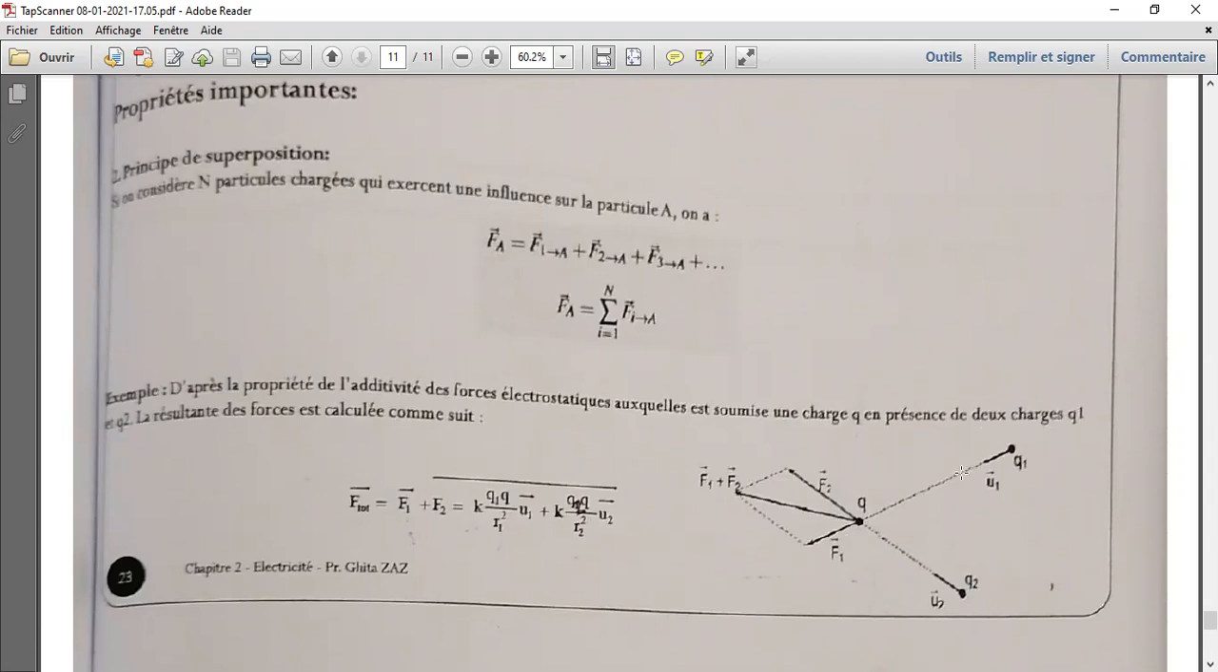So we see here that when Q1 exerts a force on Q, and the way they draw this one, they imagined that Q, Q1 and Q2 are all positive. So when Q1, this arrow is showing that it's exerting a force on Q. When Q1 exerts a force on Q, what you see is that the force will be a